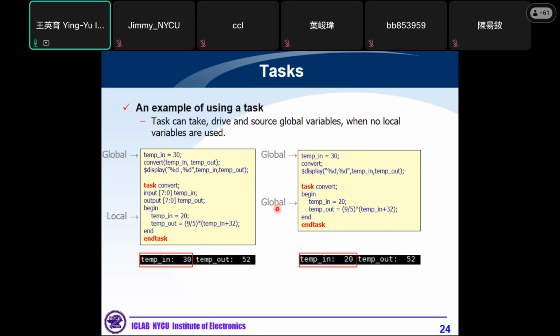On the right side, there is a similar example of declaring a task. However, this example does not declare any input or output ports. Hence, when calling this task, you do not need to pass any ports. You just call the identifier directly. The difference between the left and the right example is that the convert task on the left has an input-output